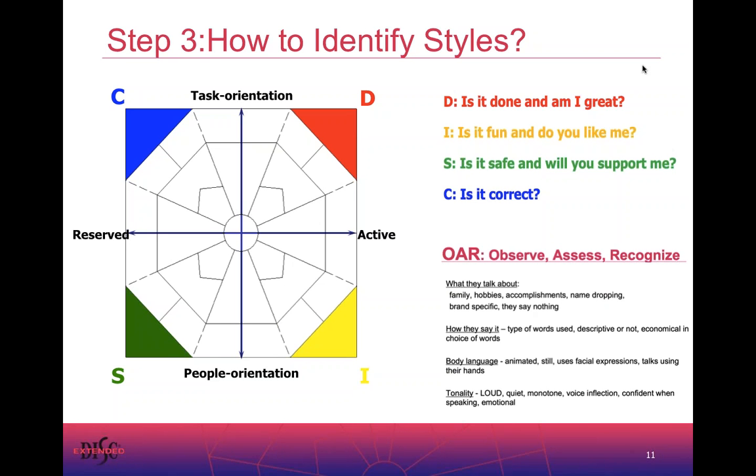And though it seems kind of daunting, it's a very easy acronym to remember and to actually use. And with that, when we're using our senses, mostly we're seeing and we're listening. Another way that we can do it is actually looking at the diamond and asking, is the person more task-oriented? That's the top half of the diamond, or more people-oriented? Are they more on the right-hand side, which is more active, using intuition, or on the left-hand side, more reserved,